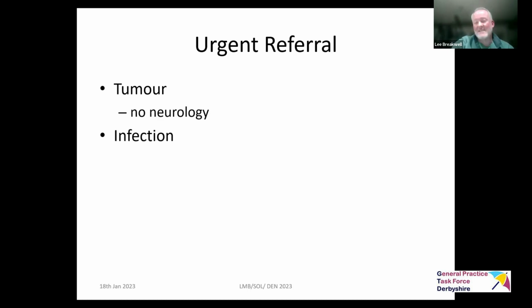So past history of cancer, red flag. Past history of infection, red flag. Signs of infection, systemic symptoms with their back pain. Again, if there's query of infection, but there's no neurology, maybe do a CRP and refer it urgently, and we'll